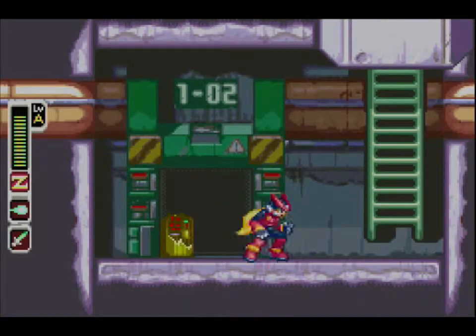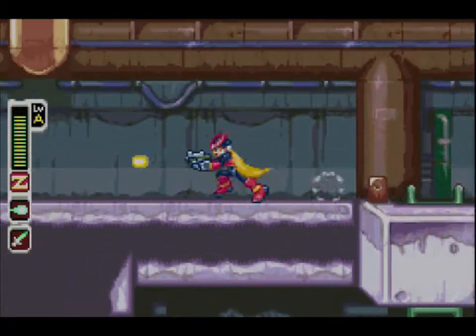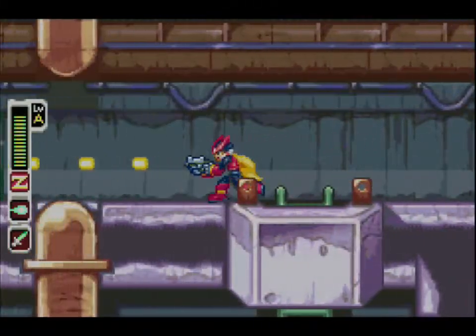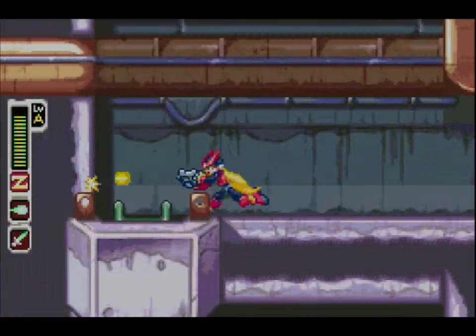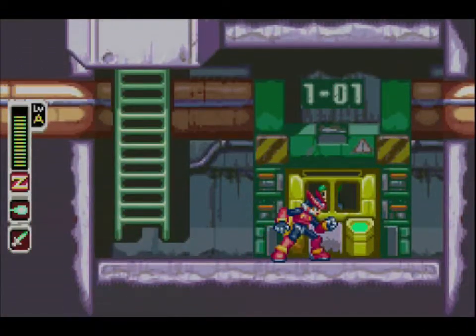So, we have our objective. We have to rescue 6 more. And the reason why I believe that the Sea Buster is better is because, and you'll see in a moment, well, maybe in the next floor,